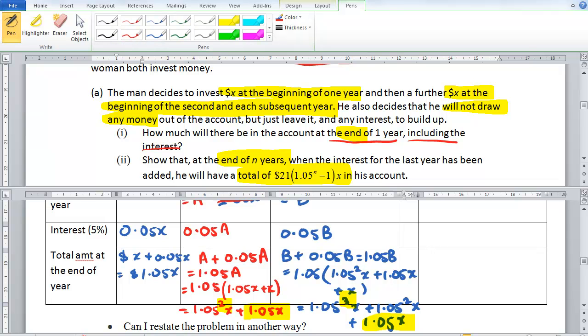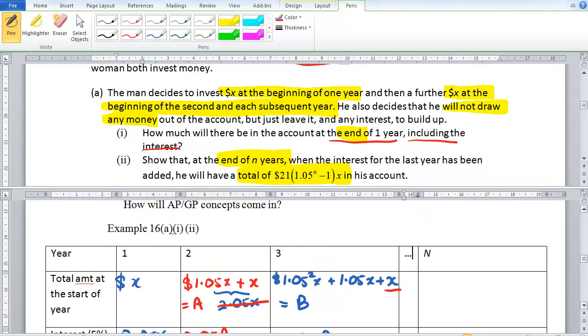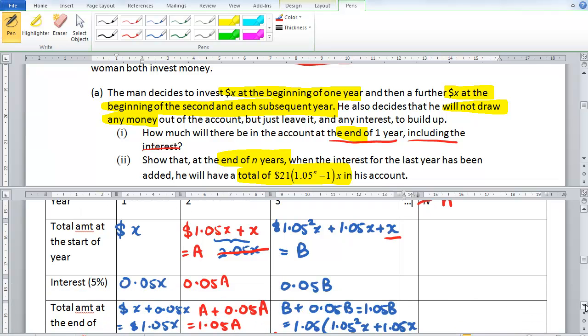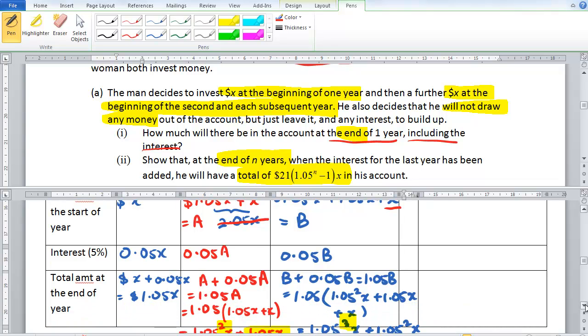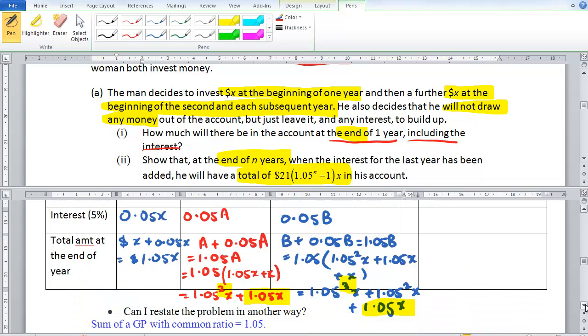Okay, let's get back to the table. The question here, let's change this to small letter n, alright? Now, the question is asking me to work out the amount at the end of n years. We observe the first 3 years, and we see the pattern that at the end of the n years, the series that I need to add is always 1.05 raised to the power of n, because for third year I start with power 3, for second year I start with power 2. So it's 1.05 raised to power n x